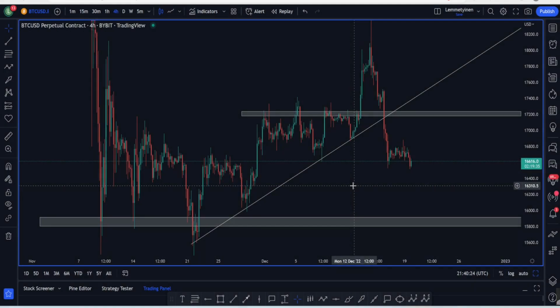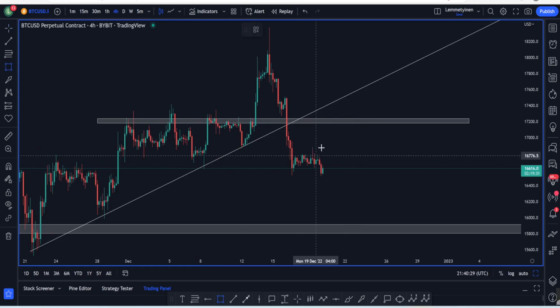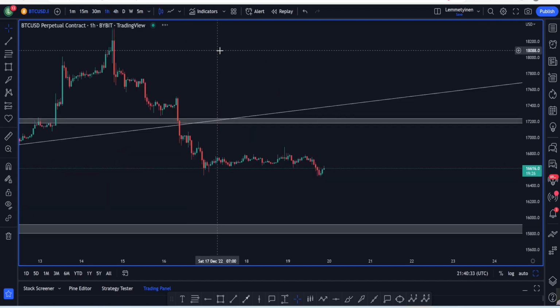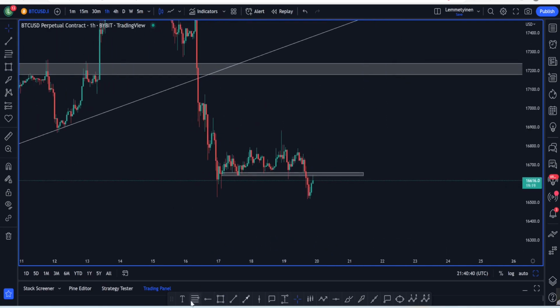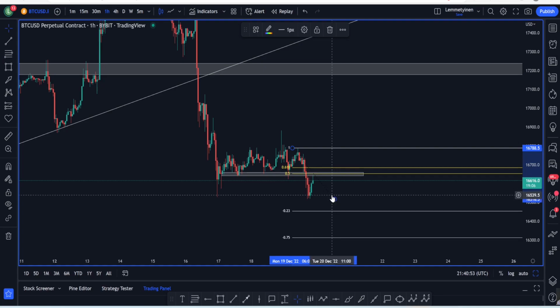So when we're looking at Ethereum, we did break below the previous support trend line. The market is consolidating and we did break below the previous support. If we're looking at the 1 hourly chart, this makes more sense. So we're just gonna drag a support. Another thing that we also can do is add a Fibonacci, either from the highest point at 16,880 to 16,788. So I take the lowest level at the moment,